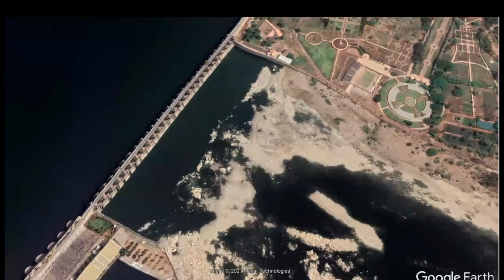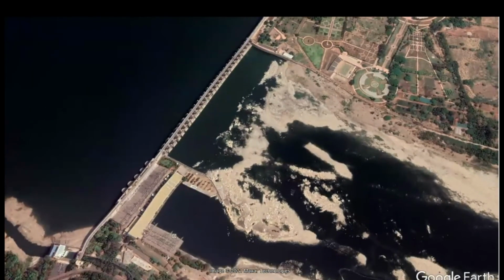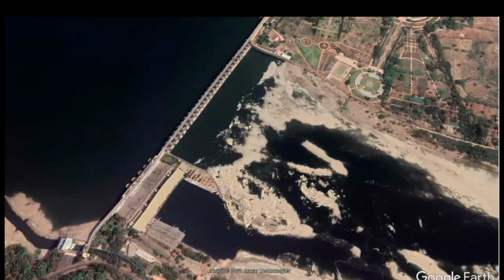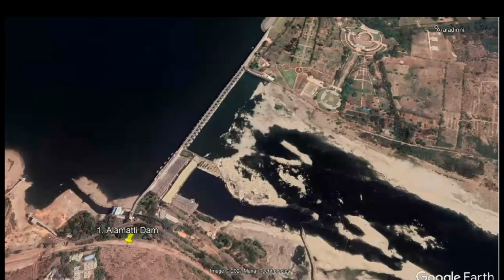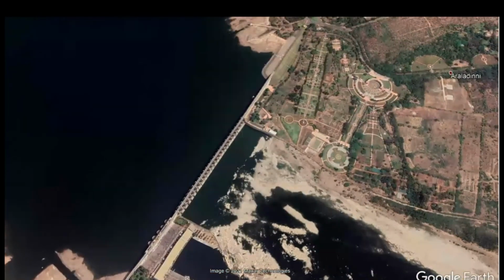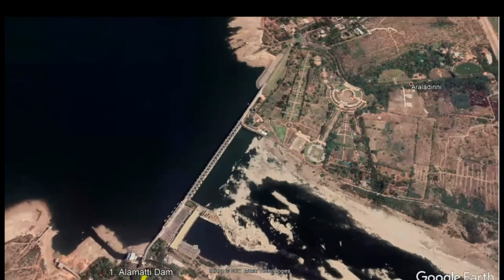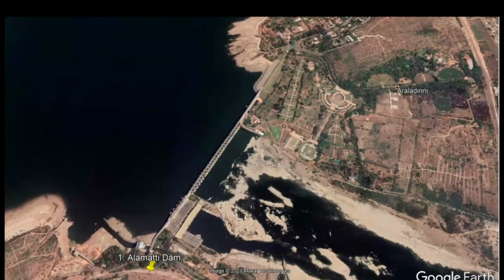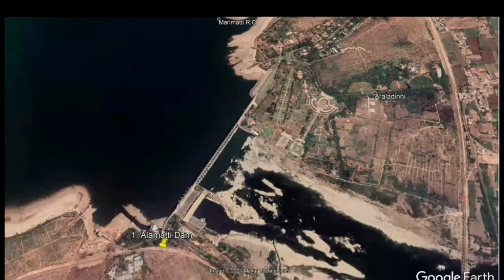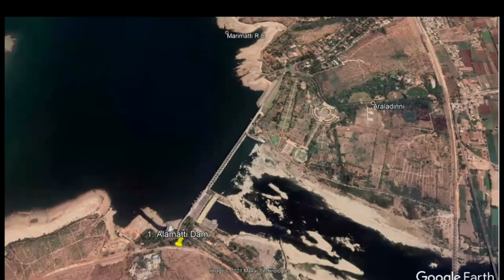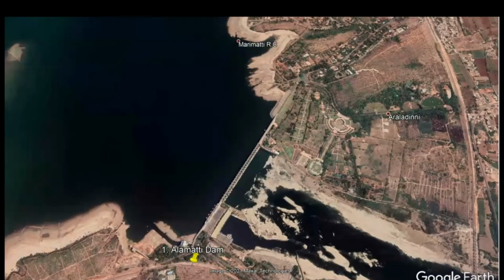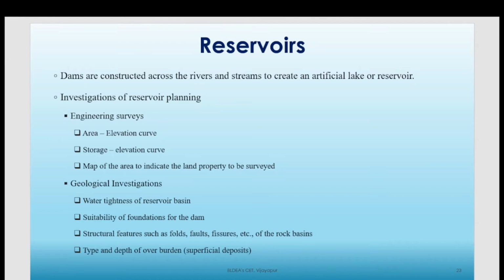But if I include all these portions, like the spillway, non-spillway portion, hydroelectric power generation, the canal network, and also the water spread area on the upstream side, as you saw earlier, this entire thing will be called your reservoir. So this is what a reservoir is made of. A reservoir includes all the hydraulic components as well as the water stored on the upstream side. This barrier or structure is called the dam. If we include all the other hydraulic components, it is called the reservoir.